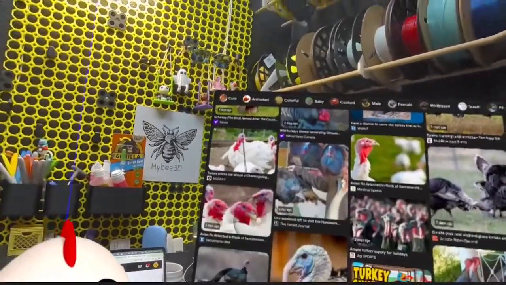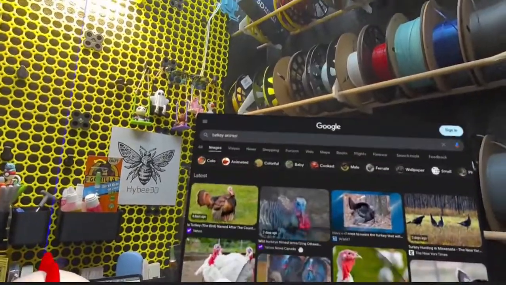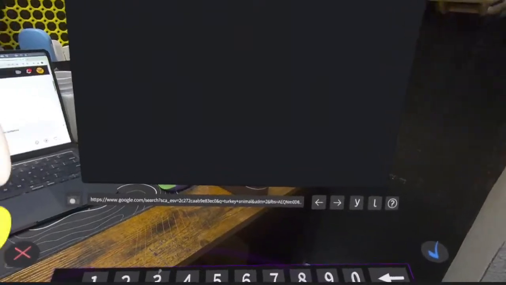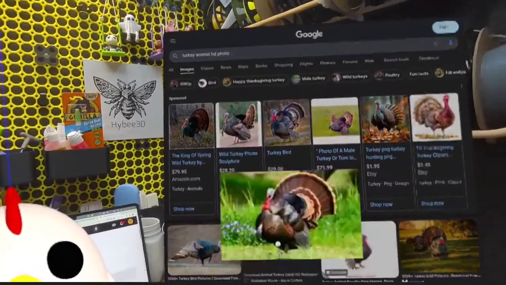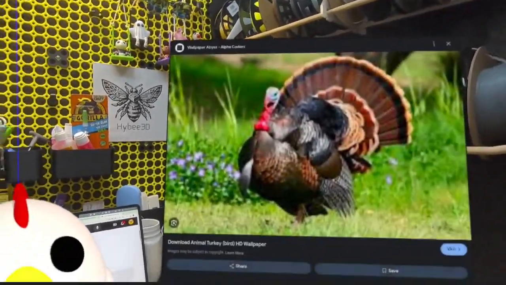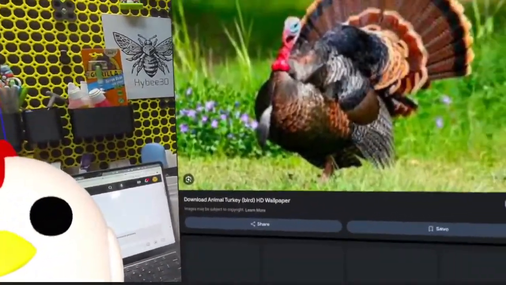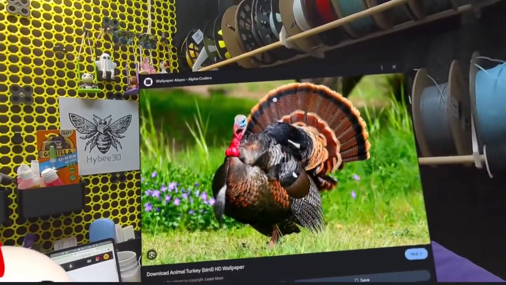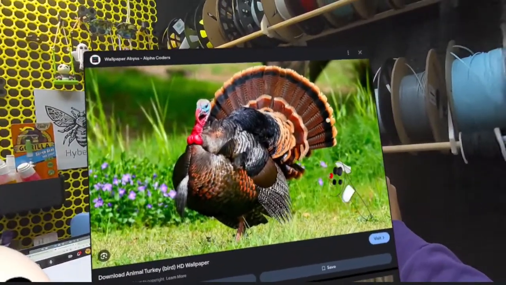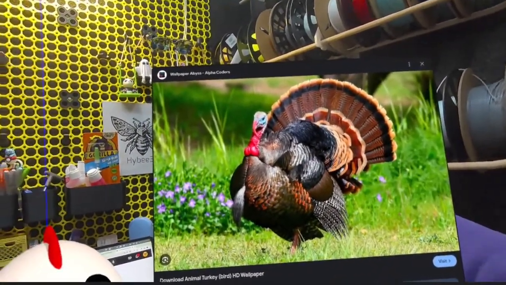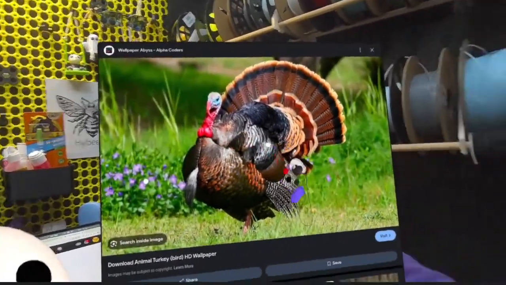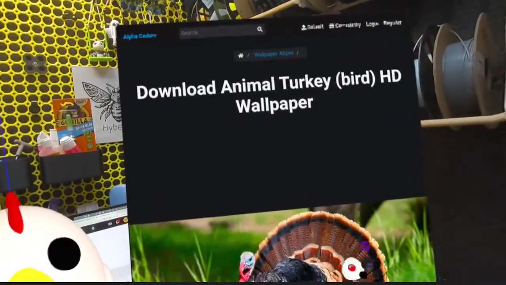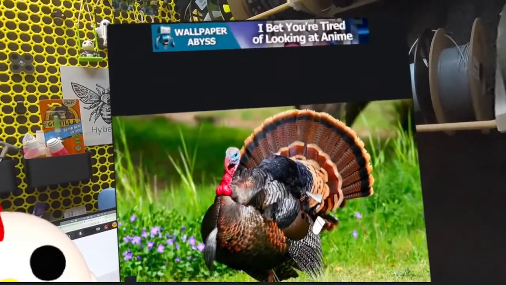Let's see if it wants to let me grab some of these other ones. Let's do HD photo. There we go. See if this guy loads. Oh yeah, it's prime turkey right there. Let's see if it'll let me grab the picture. Sometimes it will, and sometimes it won't. So I don't know what the limitations are, like when it will and when it won't. Let me grab an image.